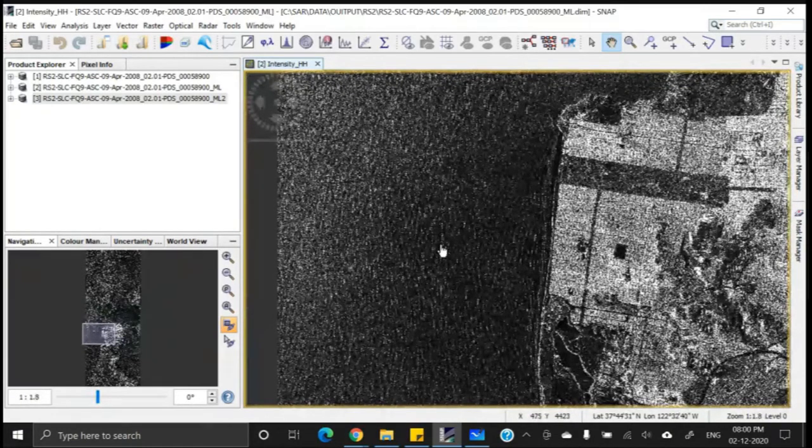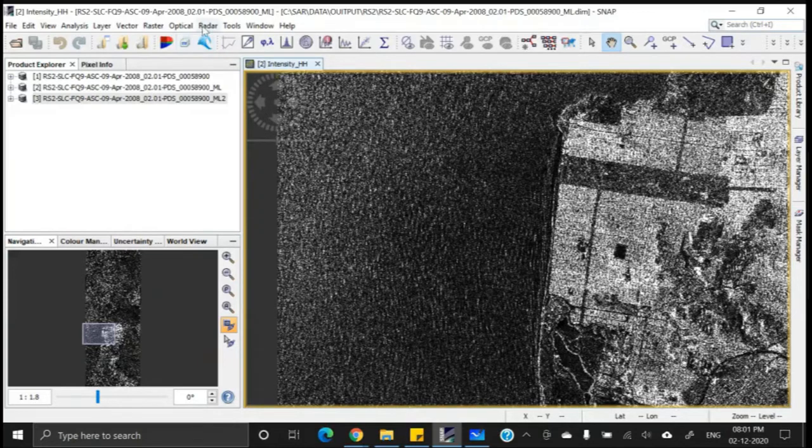So in case of a backscatter image, if we take a cross section of the image, the pixel values of a homogeneous surface will be similar. Okay. For example, all water pixels will have similar values. Normally, we do not see this. Radiometric calibration is performed to solve this issue. However, for the heterogeneous areas, the pixel values will be different, definitely. So now let us learn how to perform radiometric calibration.